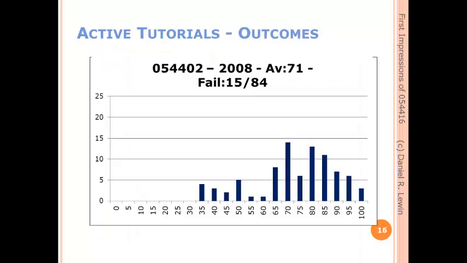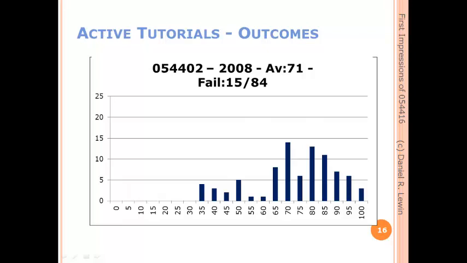Okay. So, does the approach actually make a difference? Objective evidence would be the performance of the class as quantified by the final exam grade distribution. So let's see some data. Here again is the distribution of the final grades from 2008, before I made the switch to active learning. A depressing failure rate of 15 out of 84 students, with close to 50% of the class attaining mediocre results